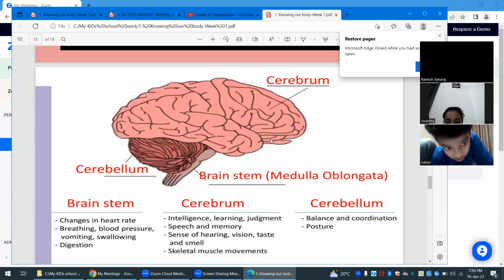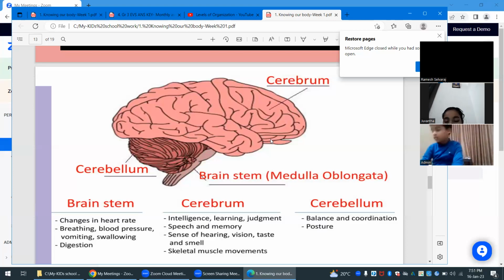Brainstem, cerebrum, cerebellum. Yeah, brain has three parts. That's cerebellum, brainstem. That's fine. Then they are specifically asking you what are the functions of cerebellum. Then what would be your response? Your response would be cerebellum helps us to be intelligent, to learn something, to judge something, and to speak also